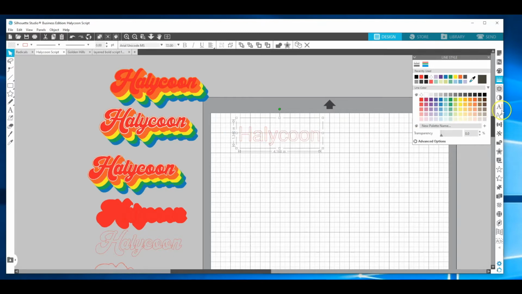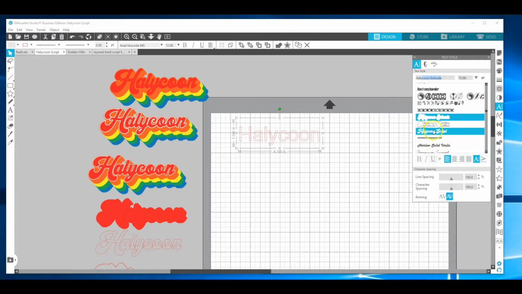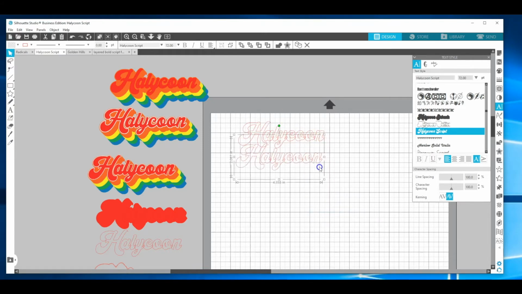Select the text and change your font. So I'm going to choose Halle Kuhn script, and then I'm going to duplicate this